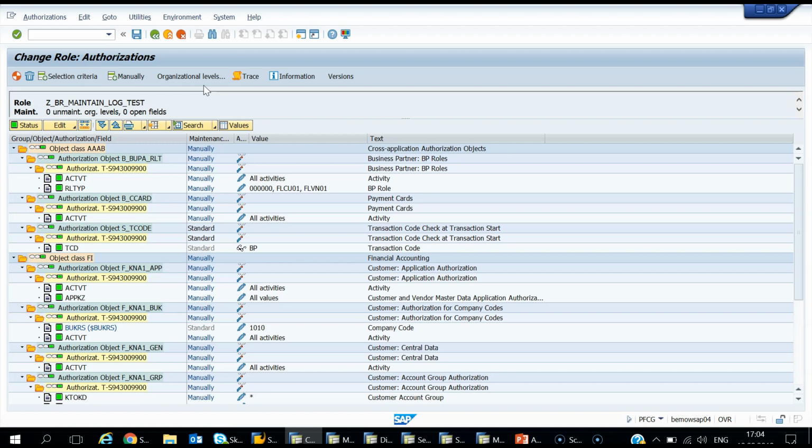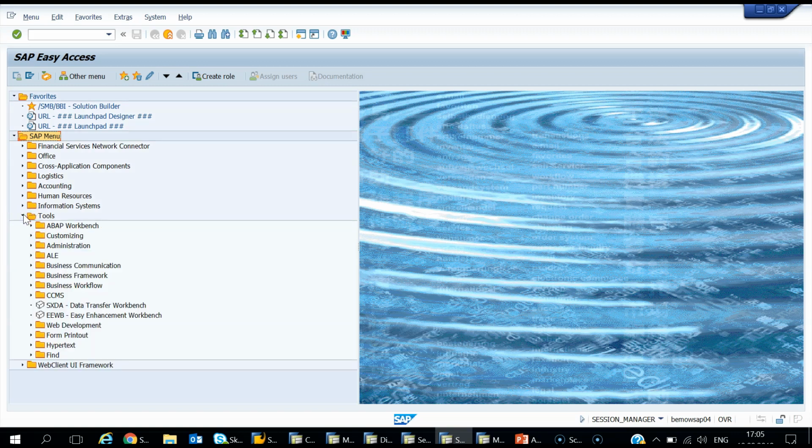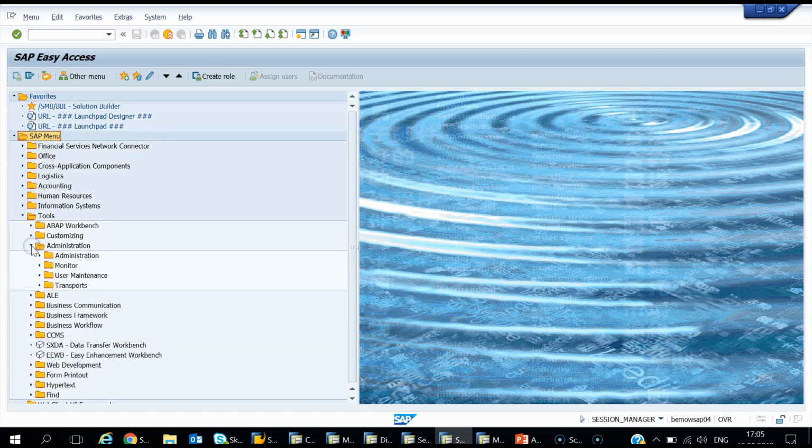The object that restricts company code organization level is located in FI object class. It is FI module. Purchasing is managed in MM module. Sales are in SD module. Hence, we need to look through MM and SD object classes. For this, I go to the General menu tree. I press Tools. I press Administration, User Maintenance,